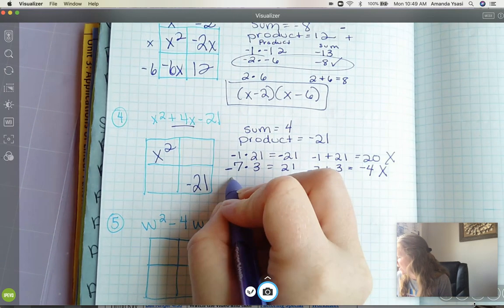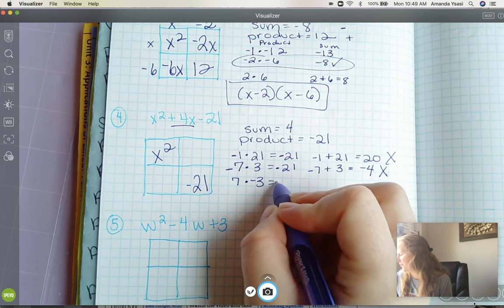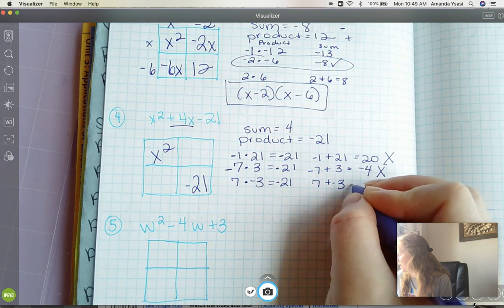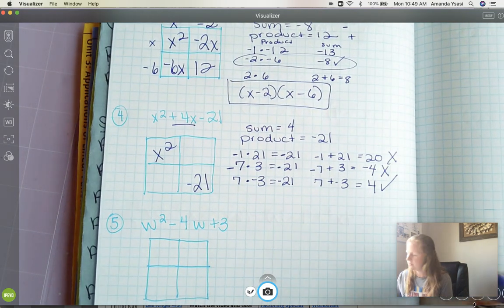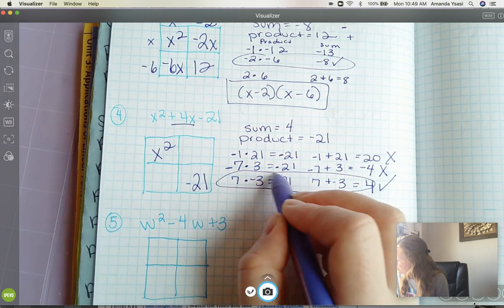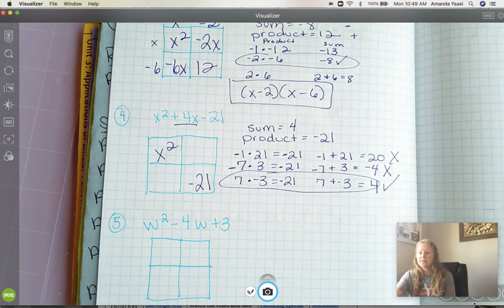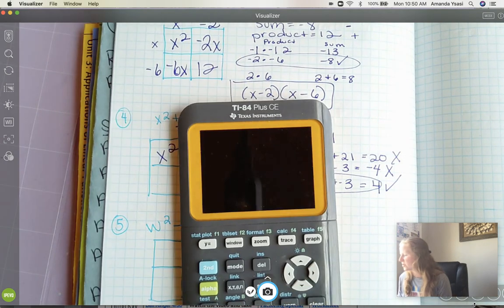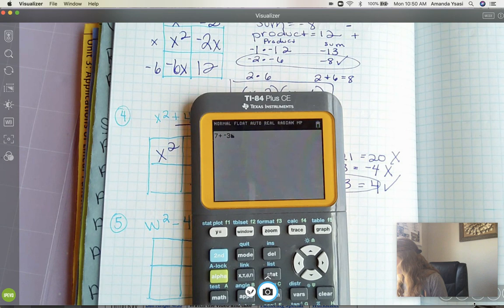So this is 7. Let's switch the sign. Equals, oh, that was -21. -21. 7 plus a -3 gets positive 4. So that works. So you just have to try out the different signs and make sure it works. And if you need to work it through a calculator, that's fine, because I know some of y'all aren't real good with integers, but you can always just use a calculator. So 7 plus a -3